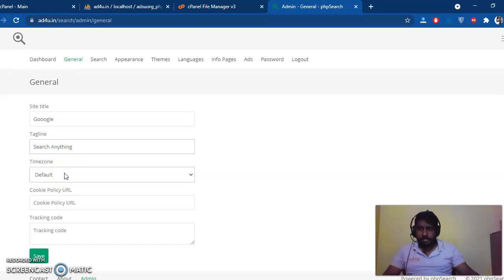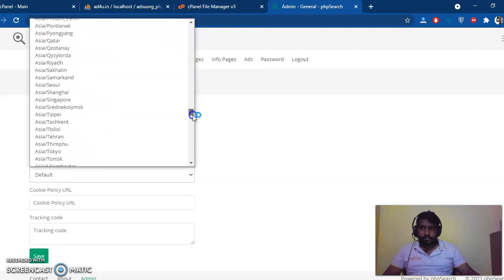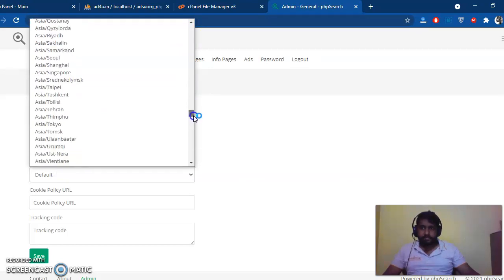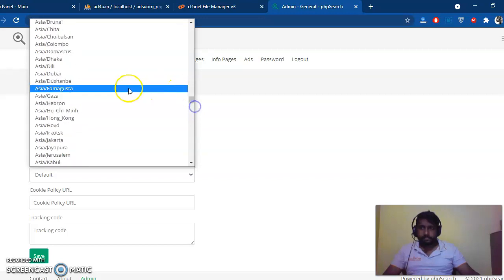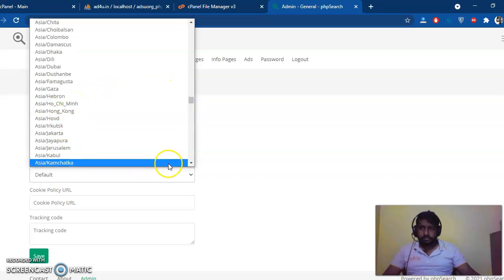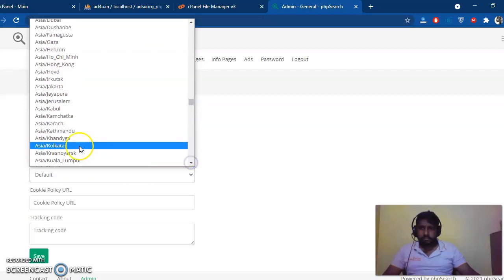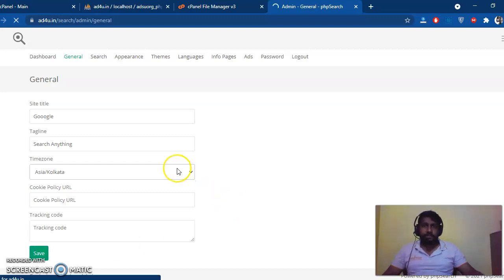You can set the time zone according to your location. If you have any cookie policy, you can update it, and if you have any Google Analytics tracking code, you can update the tracking code here also.